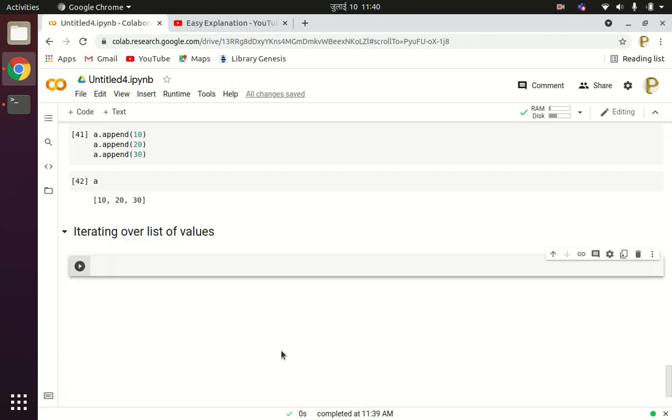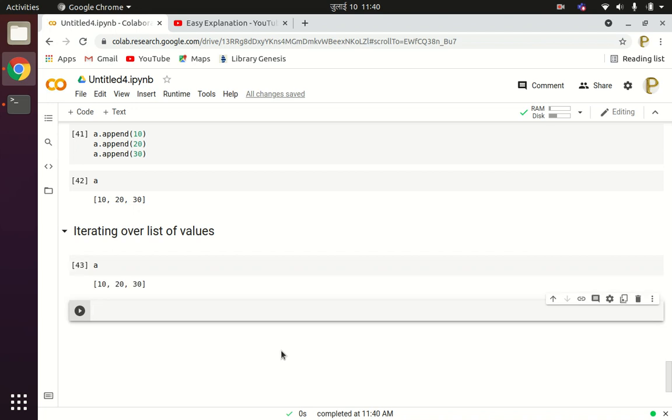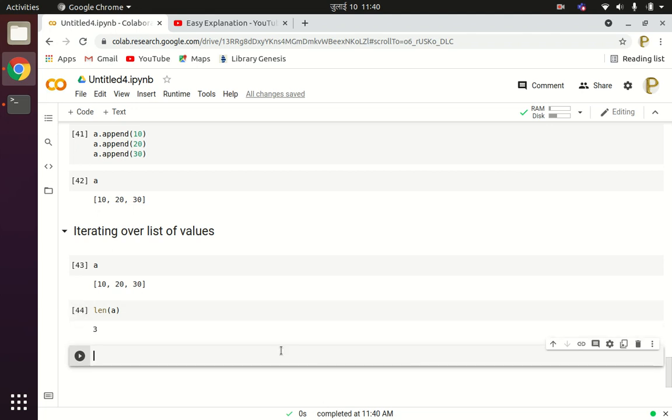First we have to understand that list values are indexed from 0 to length minus 1 of the given list. For the list A, see here, we have 3 values and you can get the length of A as 3 here.